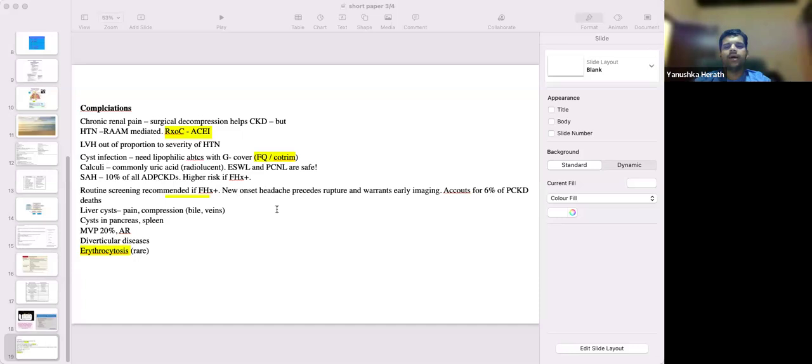And rhabdomyolysis, of course, generally happens. All these muscles, myocytes start breaking down, and as a result, they will have bad AKIs. With the muscle breakdown, the potassium will be released. The CPKs will be 10, 20,000 and all that. They will have severe muscle pains, so it is a very difficult condition to manage. Hemodialysis will be the treatment. They will pass reddish brownish urine, and those will be the symptoms.